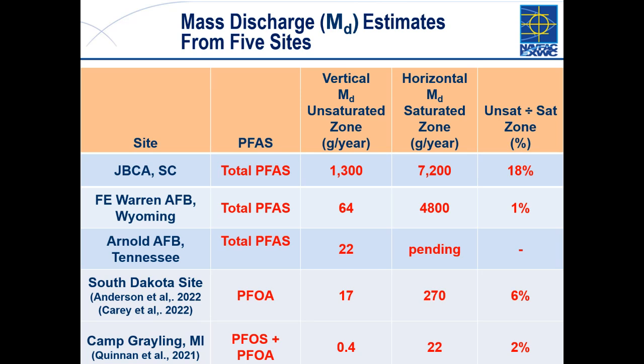Well, I think one of the key takeaways, Chuck, is that there's been an assumption that it's always these unsaturated soils, these screaming high concentrations, that must be the cause of sustaining these plumes. And if you look at the mass discharges in the data here, we see that's not really the case. Typically we're under 20%, and really at most of these sites we have data for, the mass discharge from the unsaturated zone is less than 10% of what's going through the saturated zone. So what do you think the implications of this are, Chuck?